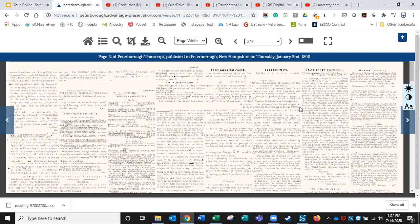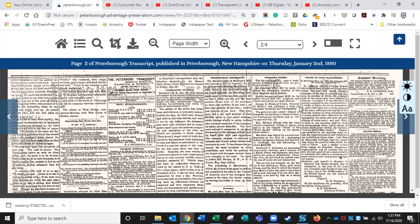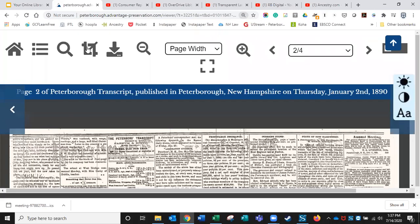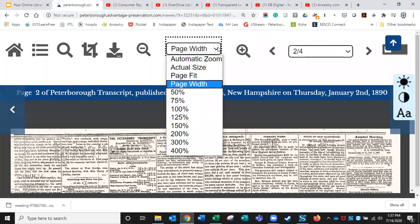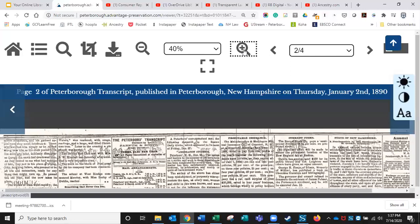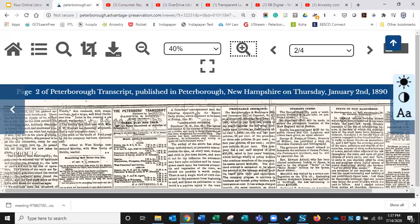You can just zoom in, and you can crop if you want to just take a certain portion of it and download it to your computer. You can change the page width, and this is your zoom button. There's lots to do, and it's a wonderful resource for the history of Peterborough. So,